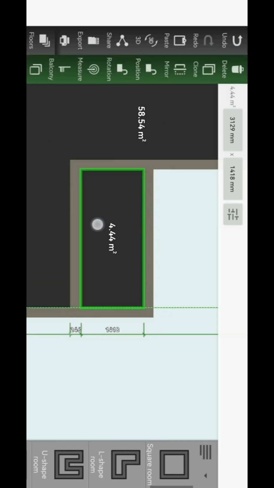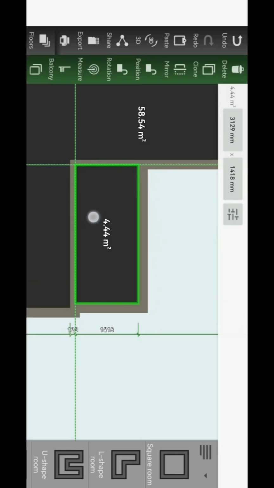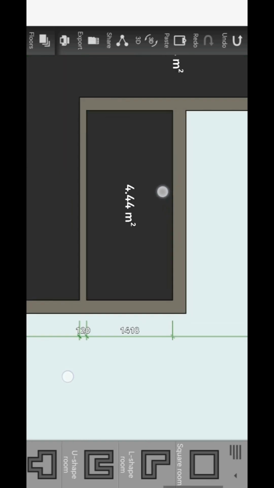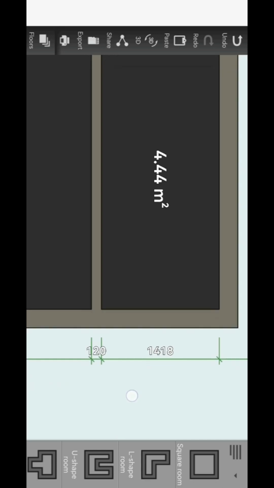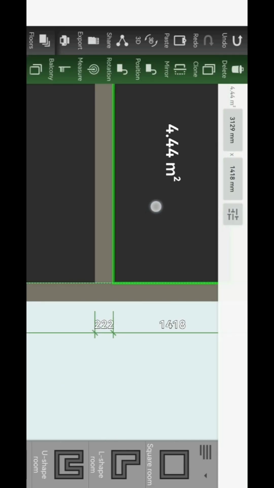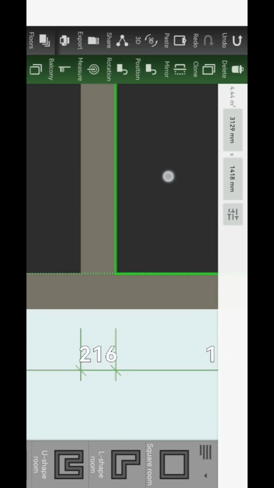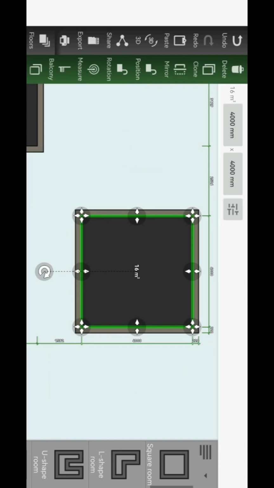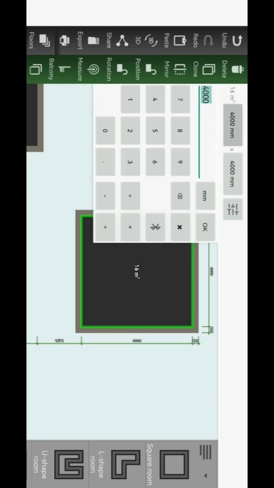So instead of making them 110 millimeters, I'll make it 220 millimeters so that they can carry the load from on top. So even this room, I move it and I adjust it to 220. There we go. Okay, so now we drag another room and I resize it to